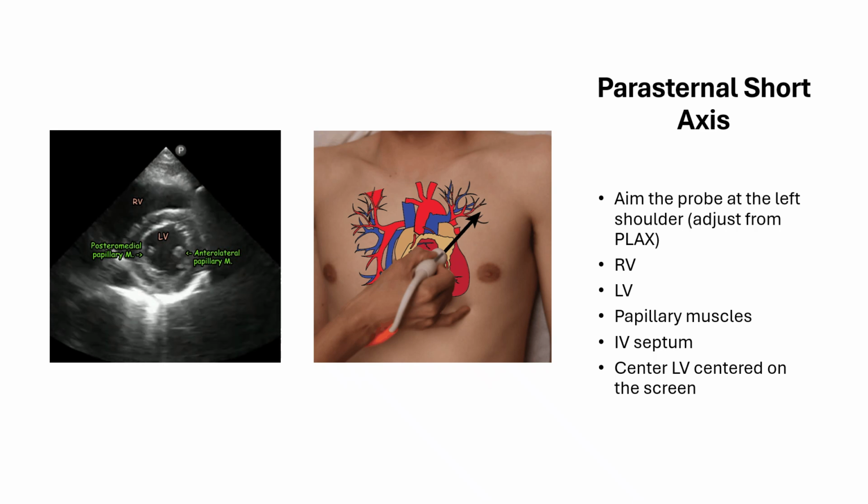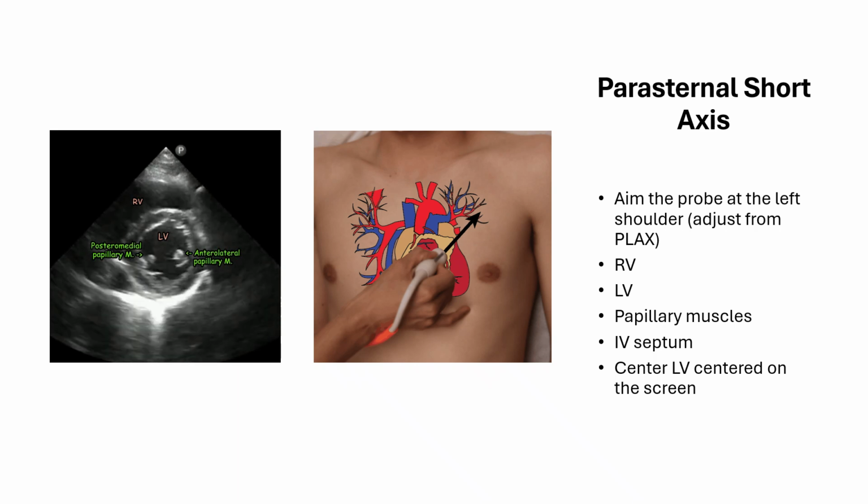On the top of the screen, you see the right ventricle, followed by the interventricular septum, the LV cavity, and papillary muscles. You see all four walls of the left ventricle here, including the septal wall, which is adjacent to the right ventricle. Opposite to the septal wall is your lateral wall. On top of the ultrasound image, away from the septal wall, is the anterior wall, and opposite from the anterior wall is